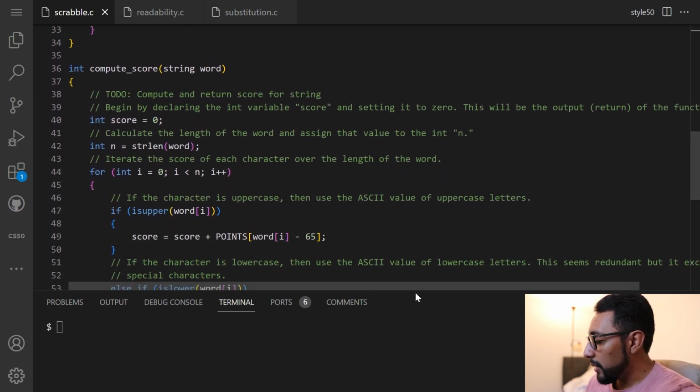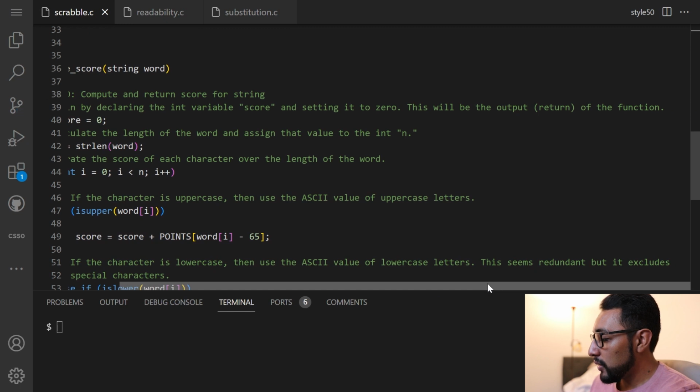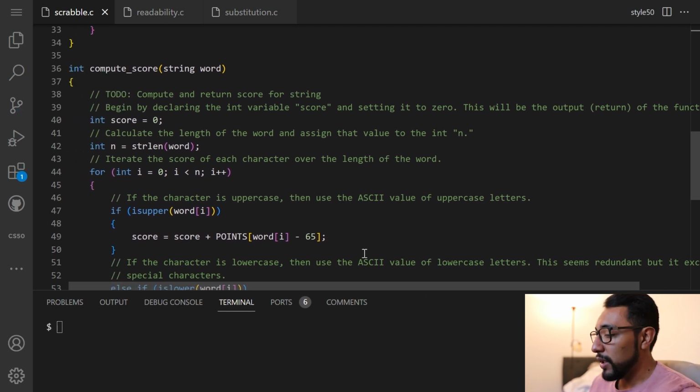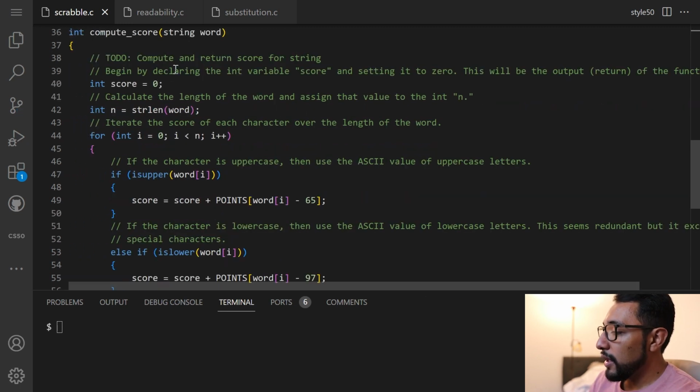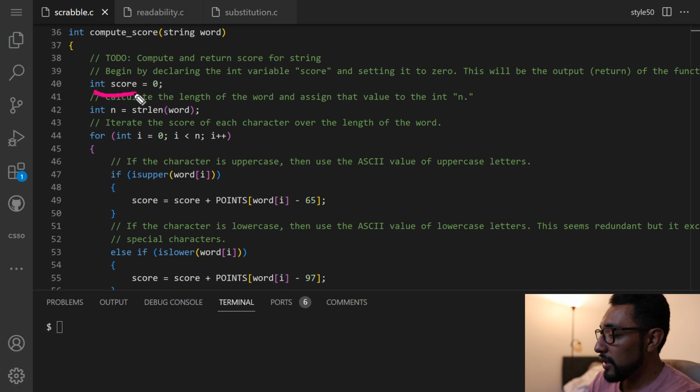I put a lot of comments, mainly because I wanted to be really clear about what's happening right here. We can see that within the definition of the compute score function, we start by initializing a variable called score to 0. Then we calculate the length of the word. And then we iterate the score of each character over the length of the word. So what that means is